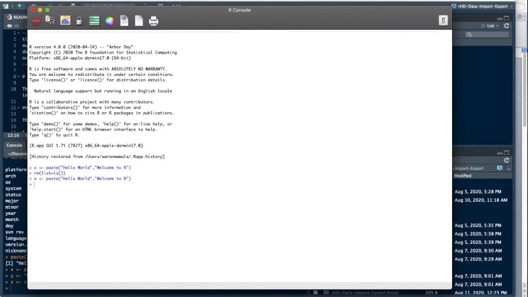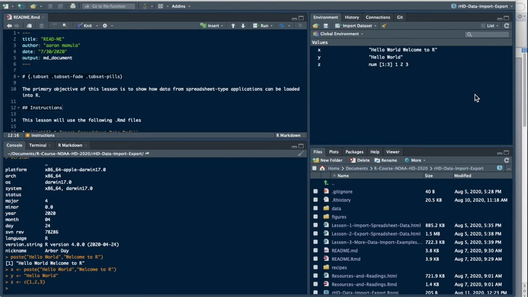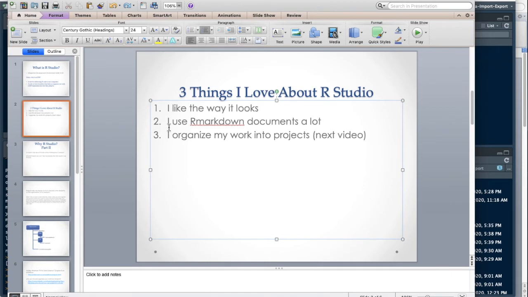And I can do the same variable declaration, but I don't get the same visual feedback about the objects that are populating my workspace. For completeness, I should say that I can retrieve the active objects within the current workspace in this environment by using this ls method, but I prefer this layout here. So that's one of the reasons why I use RStudio, and the second reason why I use RStudio a lot